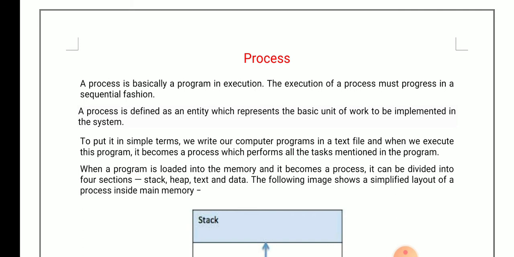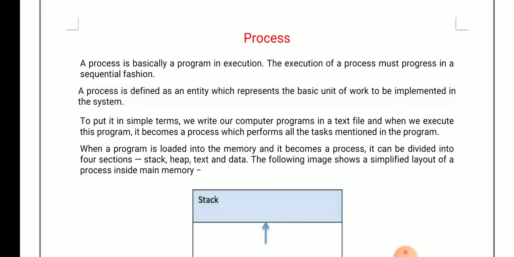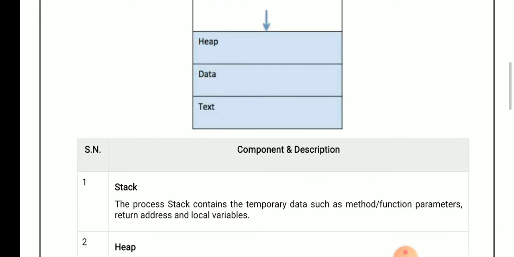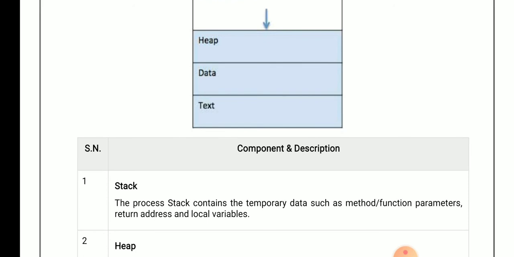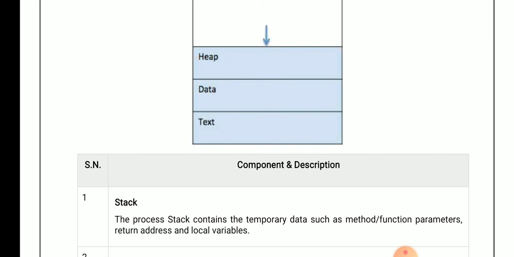Now dear students, basically a process is a combination of four sections. Okay, or we can say that a process is divided into four sections. Our first section is stack, our second section is heap, our third section is text, and our fourth section is data. Now the question is, what is stack? So whenever you have to store temporary data, or whenever we have to store the return address, or whenever we have to mention local variables, at that time we are considering the help of stack, or we can say that this section is used for temporary storage purposes, which can store our temporary data.